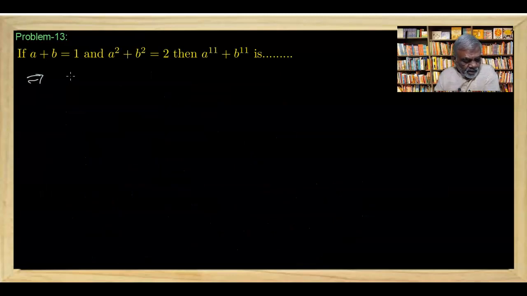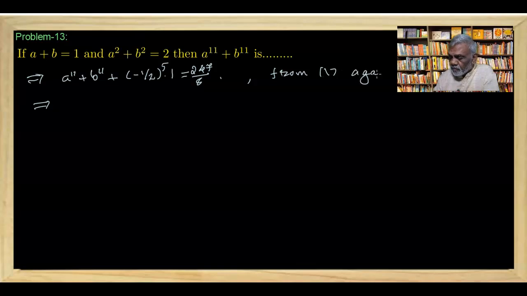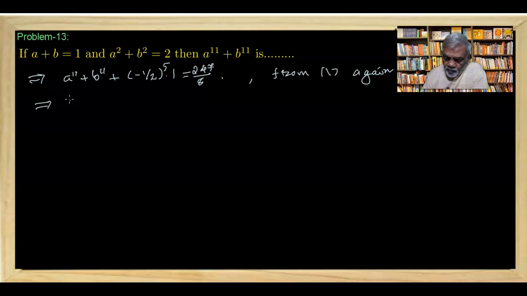This implies a raised to 11 plus b raised to 11 plus (minus 1 by 2) raised to 5 into 1 is equal to 247 by 8, and this implies again, this is from 1 again, that is a raised to 11 plus b raised to 11 minus, because odd index is there, that is going to be minus 1 by 32 is equal to 247 by 8,